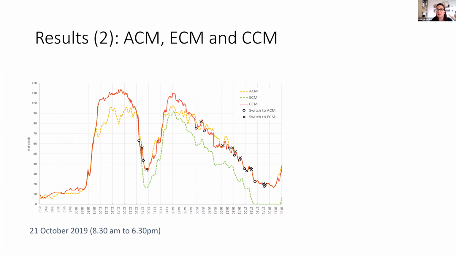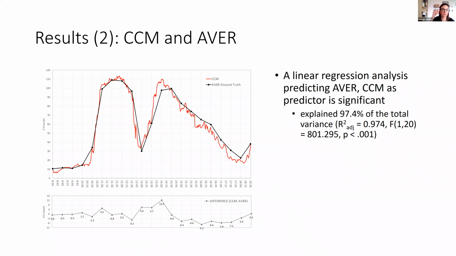So during this 10-hour measurement, ECM was used 80% of the time, while ACM was used 20% of the time. And the switch is based on the activation conditions. So when we compare the average ground truth values with the combined methods generated by our pipeline, you can see that there is a great deal of overlap between these two.